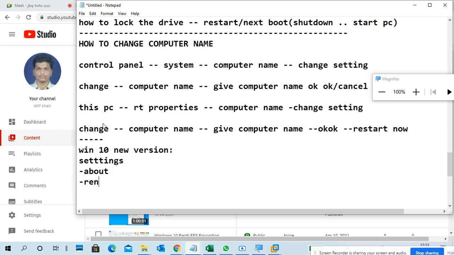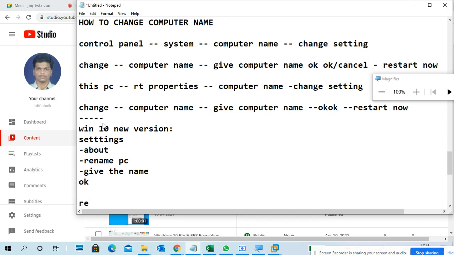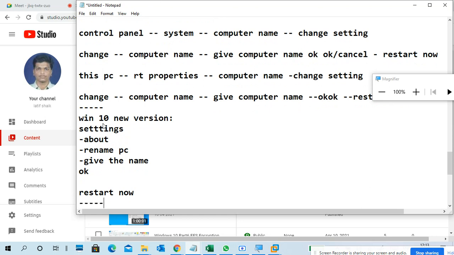There you can rename the PC. Rename is there, so you can go to Rename this PC. Then give the name, whatever name you want to give. Then OK, restart now. Restart is compulsory, otherwise it won't work.